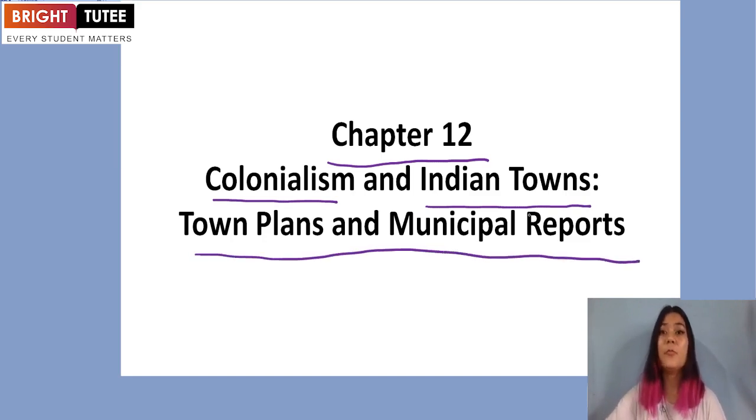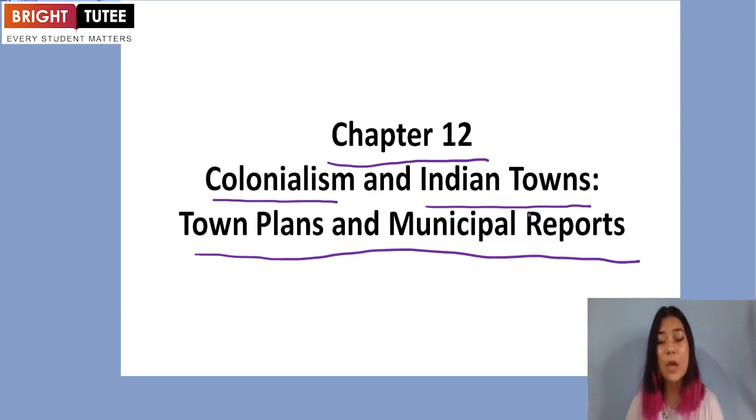So this chapter will be about colonial rule and the towns during the colonial rule in India, and we'll look at three specific colonial cities, which are Bombay, Calcutta and Madras. We'll also understand the planning of those cities, or in general what the towns were like, how they developed during the colonial rule, what the towns and cities were like before the British established their control and power in India, and what were the changes that came with the development of new towns,